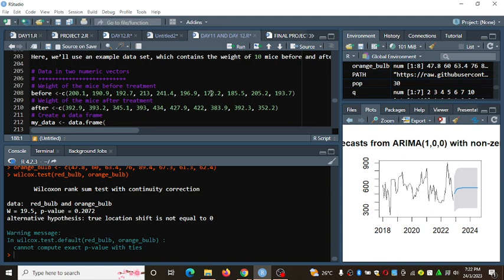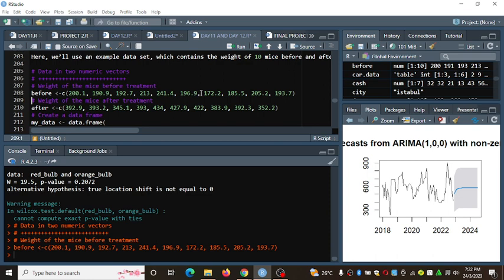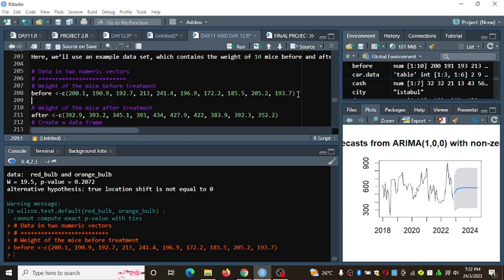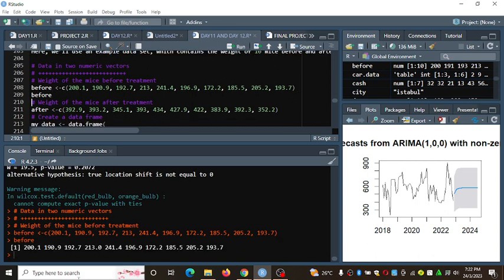Let's check on the same. So we have values of before here. These are values from before. We have for after. Let's see.